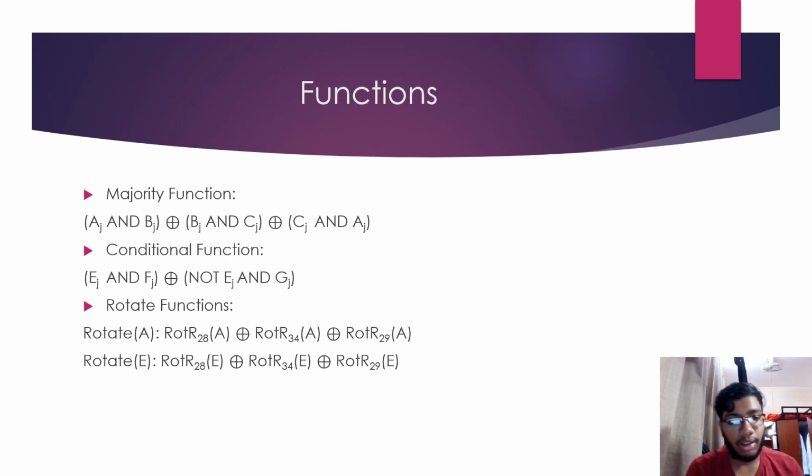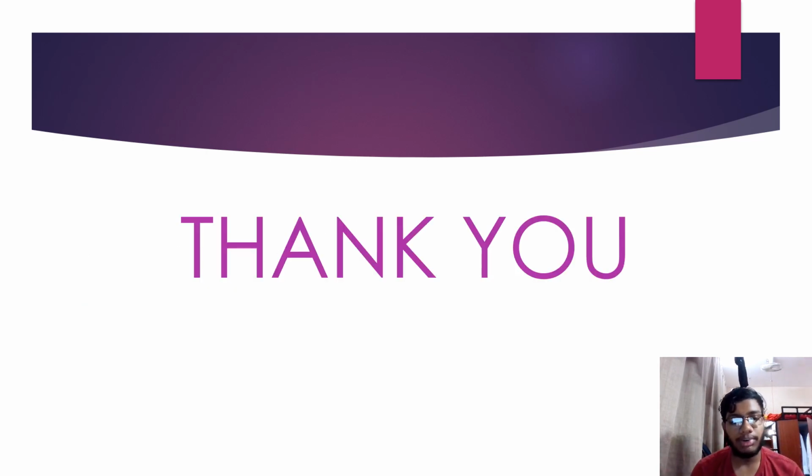Here it is rotate right by 28 bits, then rotate right by 34 bits, and then rotate right by 39 bits. For E, we rotate right by 14, rotate right by 18, and rotate right by 41 bits. All those values are XORed to give the answer. So these are some simple